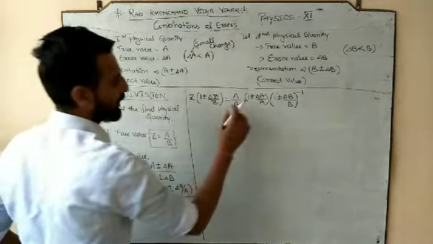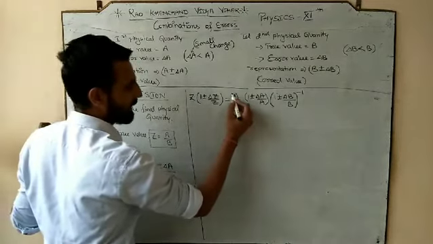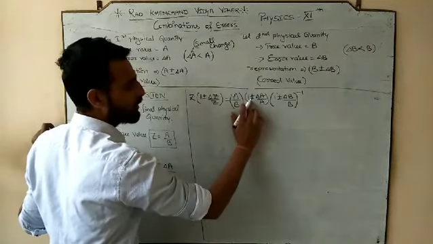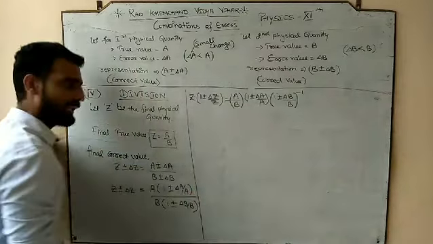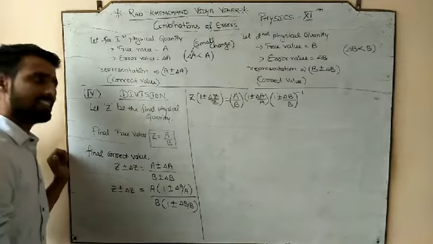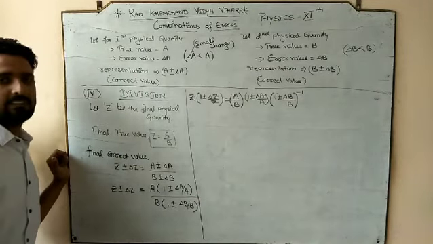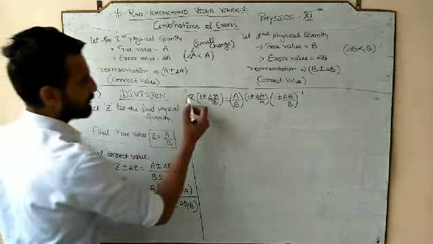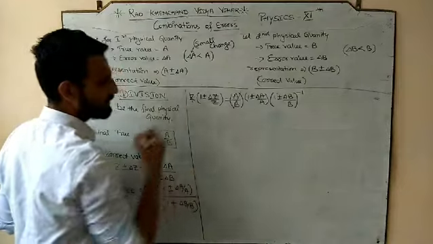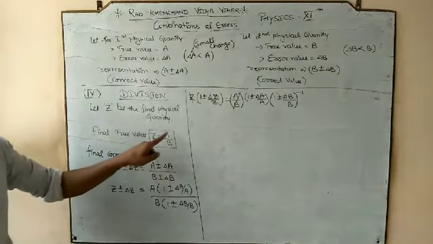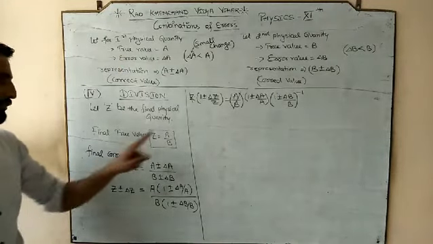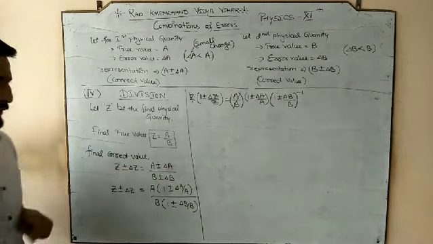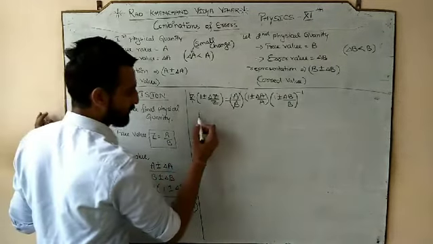So here we have the product of three quantities. Number one, A into B. Number two, 1 plus minus delta A by A, into the last term, 1 plus minus delta B by B, but the whole power is negative 1. So now Z cancels with A by B, because the final true value is the division of the first true value and the second true value. Done? Okay, now what is left to us?